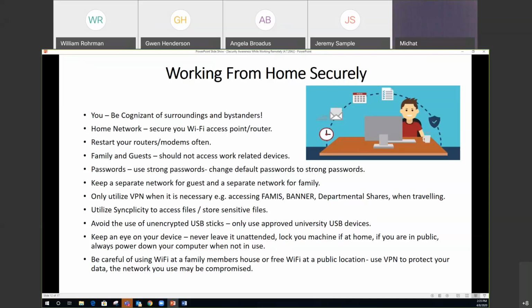I ask you to, when you're going through and doing your work at home, that you place yourself in an environment that you're back in the office and follow the same protocols so that just by mistake things don't happen onto your device. Be careful of using Wi-Fi at other family members' houses or any free Wi-Fi at a public location. If you have to access something that's secure, use VPN so that your data is protected and you're also on a secure network. But again, be very cautious on other forms of Wi-Fi that you utilize